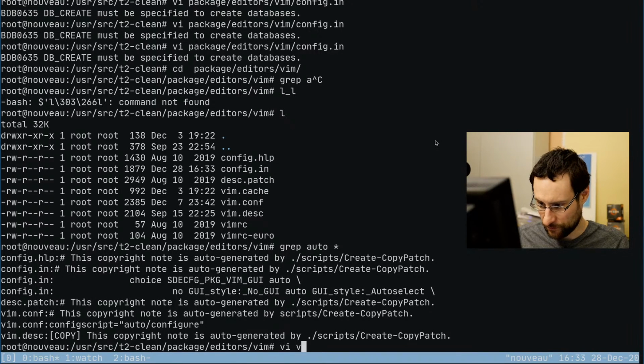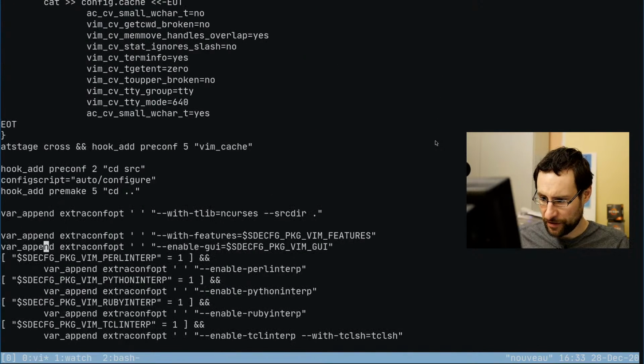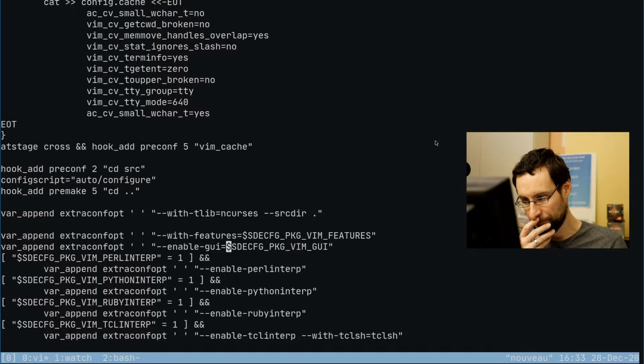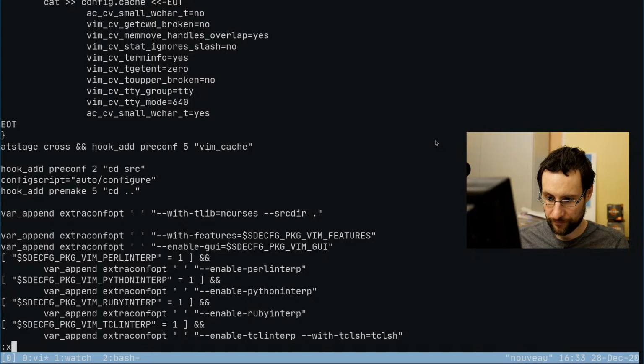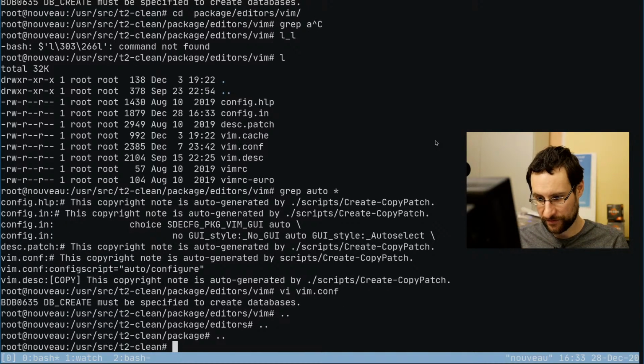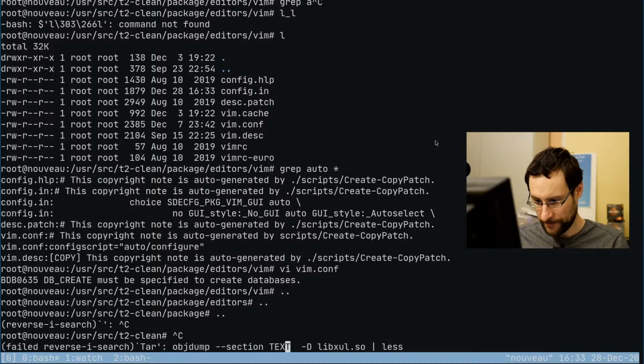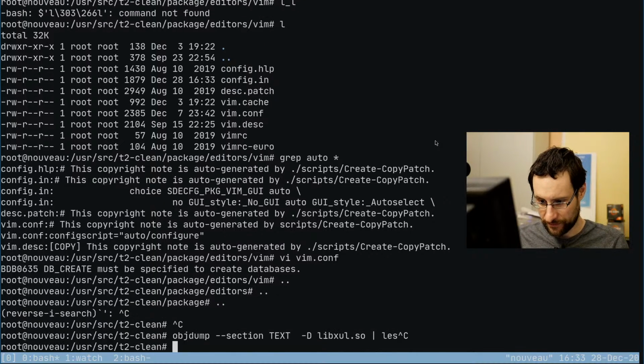I have no idea what that did. This, okay, this supplied this straight here anyway, so this is just enable GUI stuff auto. And this auto doesn't find GTK3, we can, or let's quickly